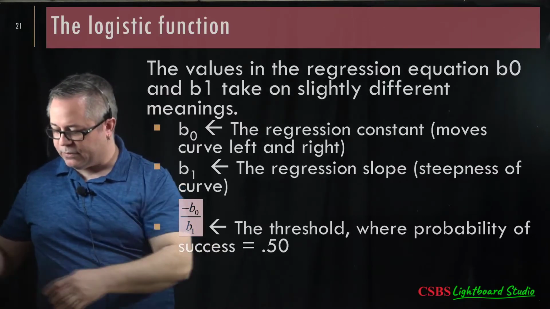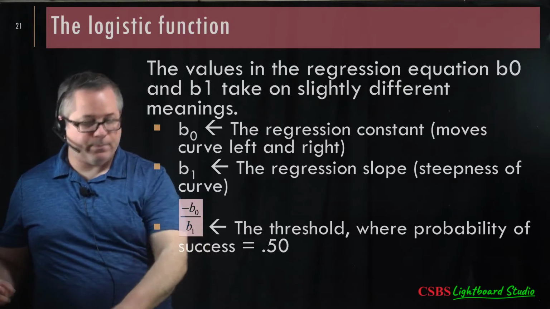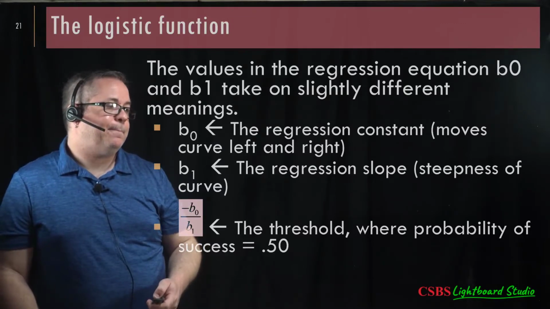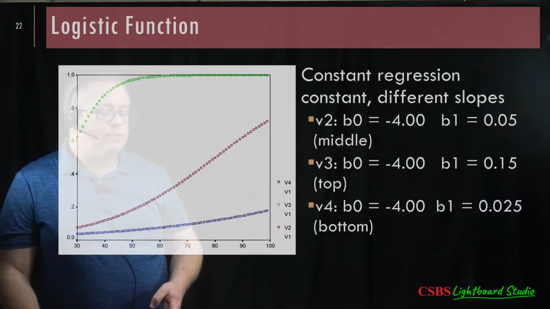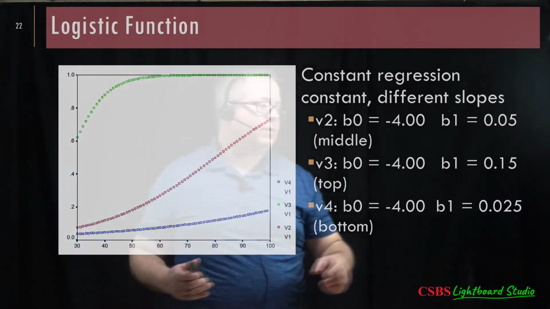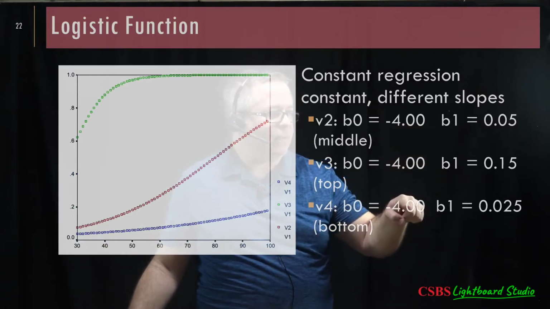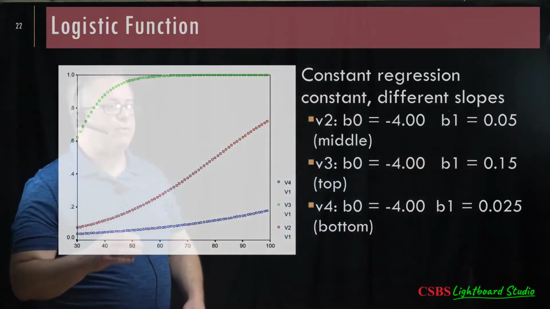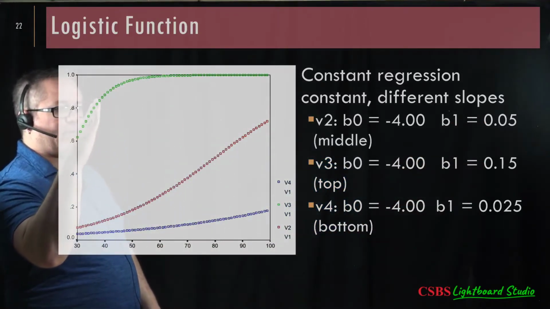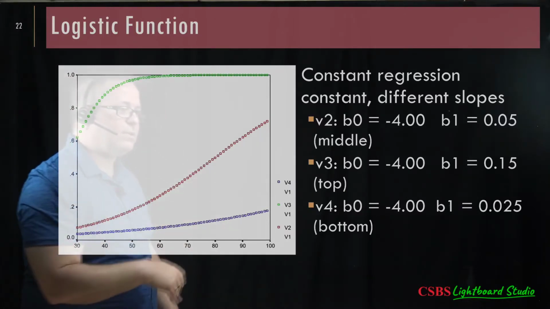And the intercept is oftentimes referred to as the difficulty of the item. Anyway, this is just showing what happens if I hold the intercept constant at -4, but change the slopes. This one's sort of off screen a little bit. This one has a higher slope. This one's slope is lower, and this one's slope is even lower. So as the slope